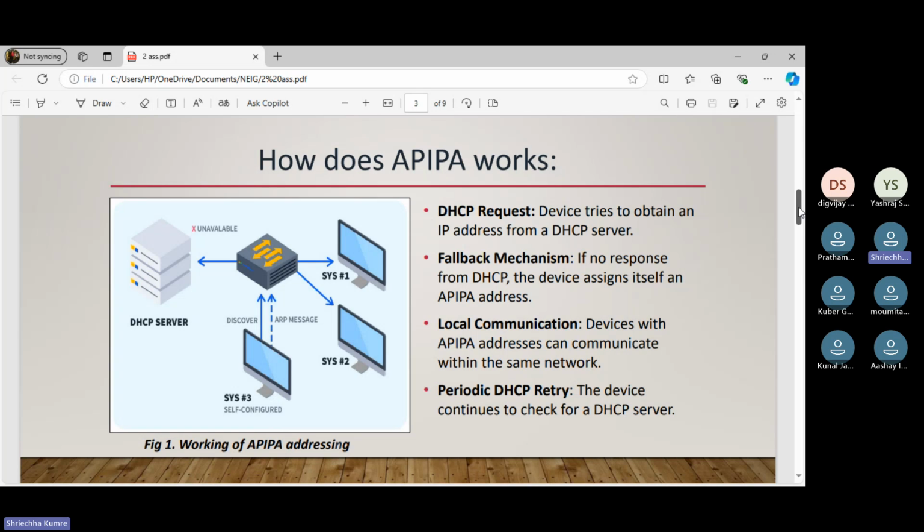Devices that use APIPA can communicate with each other locally within the same network segment. APIPA continues to periodically check for a DHCP server, and once one is found, it will use the proper DHCP assigned IP address.